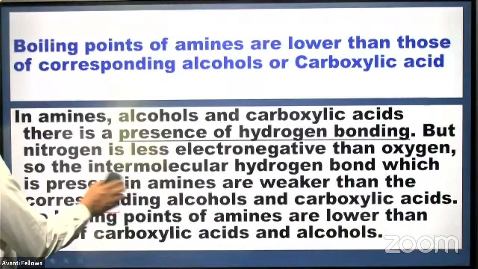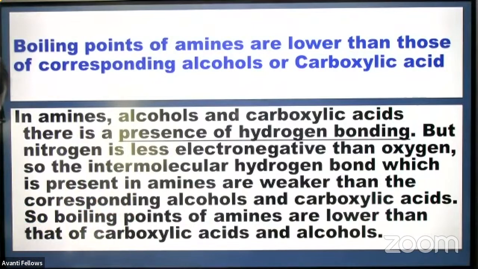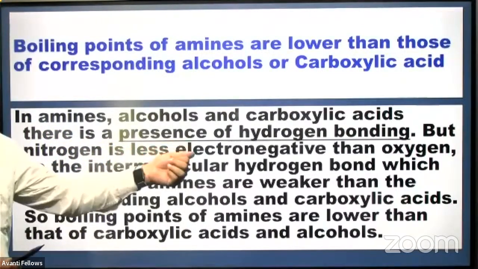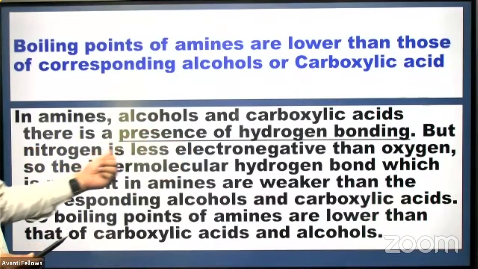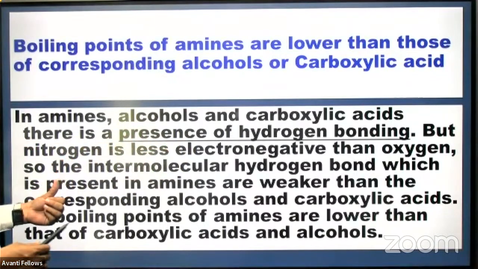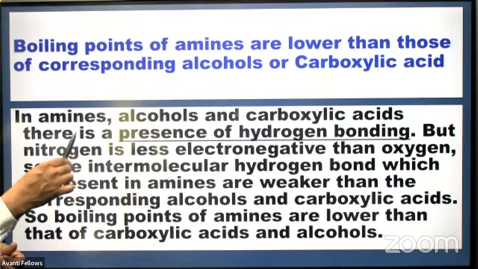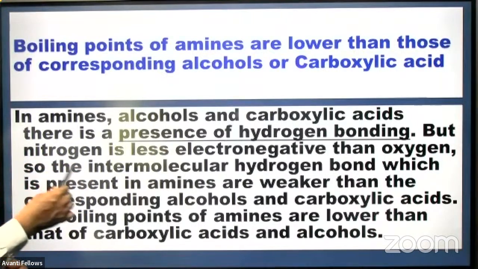So the way that it is being written here, you can see the amines, alcohols, and carboxylic acid, there is a presence of hydrogen bonding underlying. But nitrogen is less electronegative than oxygen. So the intermolecular hydrogen bond which is present in the amines is weaker than in the corresponding alcohols and carboxylic acid. So boiling points of the